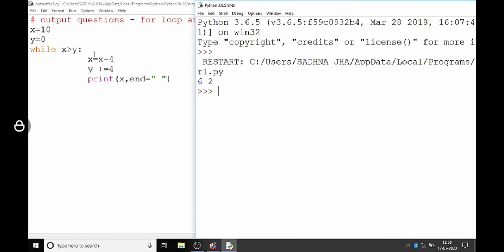So you can see x is 10, y is 0. So 10 is greater than 0, condition is true. 10 minus 4 will be 6. y is equal to y plus 4, 0 plus 4 will be 4. And it will print 6 and add a space.